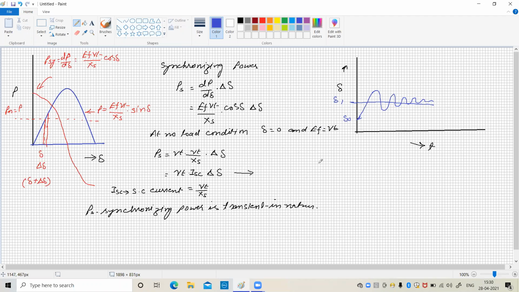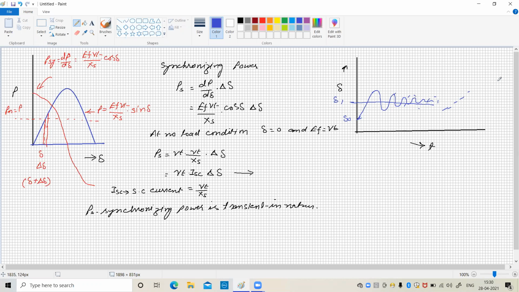Under such condition, the synchronizing power tries to reduce this oscillation. If there were no synchronizing power, then the system will oscillate for a long time, and it may be possible that it may come out of synchronism, isn't it? So any sudden change or disturbance in the system, the disturbance may be due to a sudden increase in load, sudden decrease in load, application of fault, or withdrawal of a generating unit, where some unit is disconnected from the system.